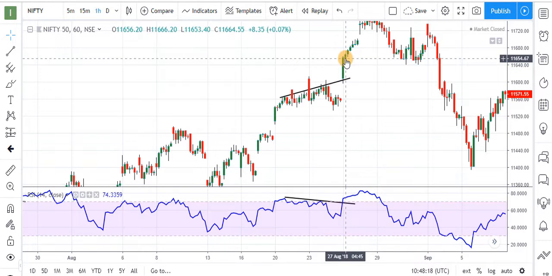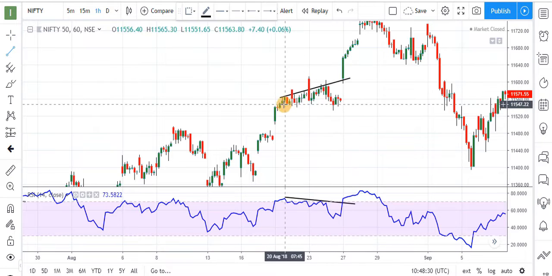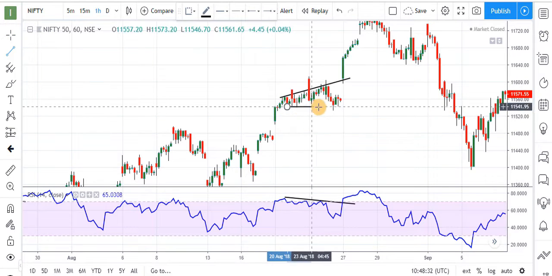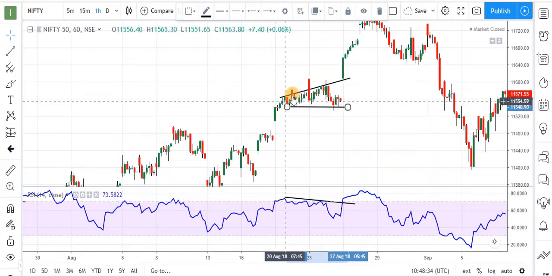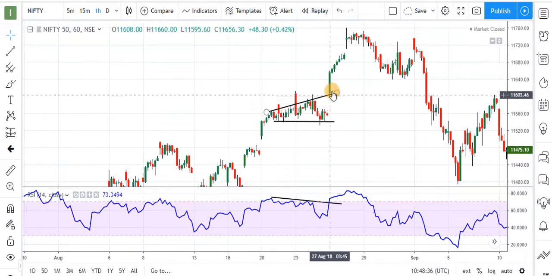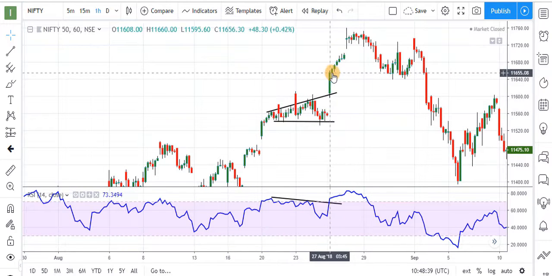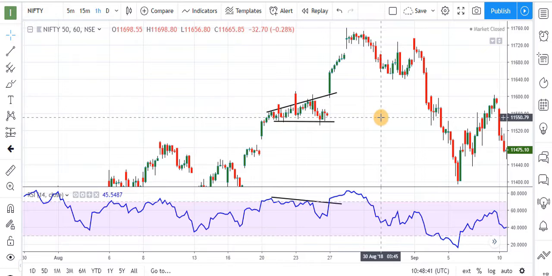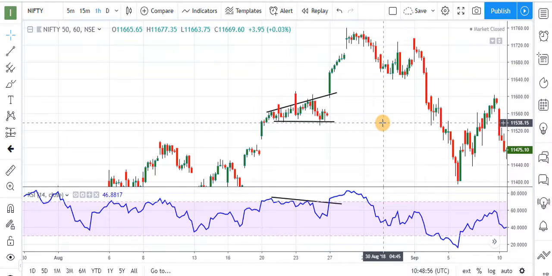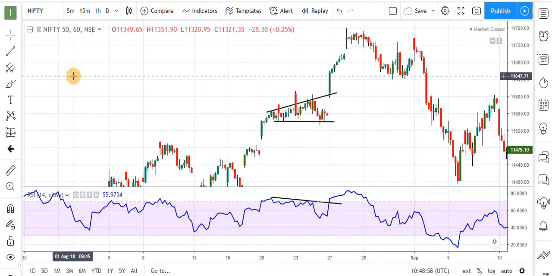We can make our buying position here, and the stop loss level should be the support level. This is the support level where these candles are taking support, and our entry position is the opening of this candle. Failing divergence can be found in all the time frames. This is the hourly chart. We will take one example on a 5-minute chart for intraday trading, and on that chart we'll see in intraday trading how we can trade the failing divergence.